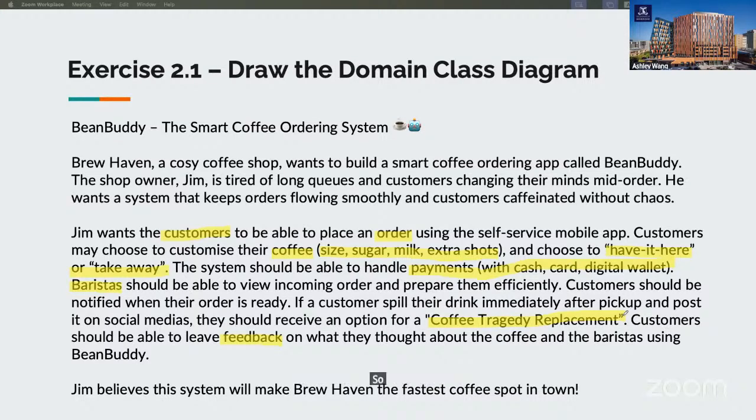So when the class notifies, you read that sentence. That's a bit late, so that's probably not going to matter, because the domain class diagram is static, so you don't really need to keep attention.